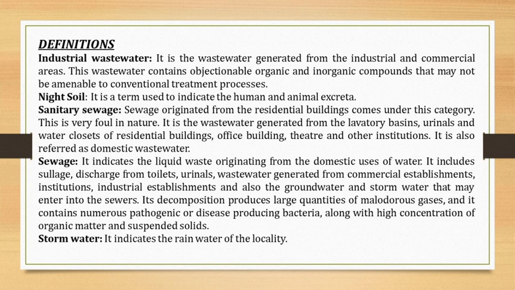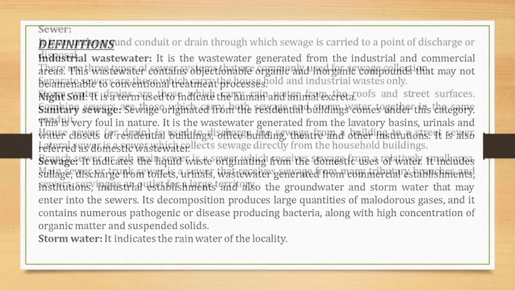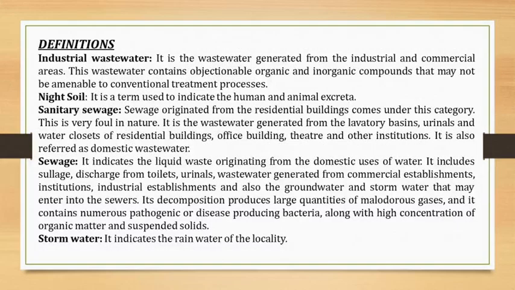Okay. Next one is sanitary sewage. Sanitary sewage is sewage which originates from residential buildings. So all waste, you can say residential waste, office building waste, institutional waste, domestic wastewater, is totally called sanitary sewage. Okay. Now the important terms, sewage and sullage. Sullage is the term used to indicate the wastewater from the bathroom, kitchen and wash basin. Okay. What is sullage? Sullage is nothing but the wastewater generated from the bathroom, kitchen and wash basin.